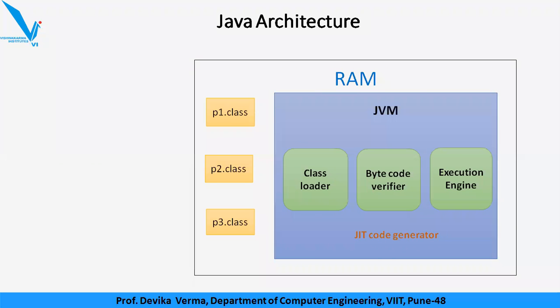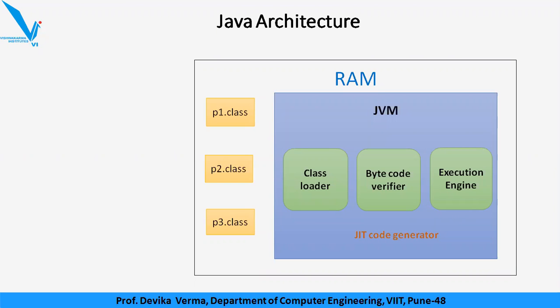In this running environment, you have a Java virtual machine. The Java virtual machine is machine specific. The Java virtual machine is system specific. JVM is platform dependent. It is not platform independent. Without a Java virtual machine on your system, you won't be able to run the program. This Java virtual machine then takes up the class file or the bytecode, converts it into whatever specific machine it is running on, and then the execution happens.